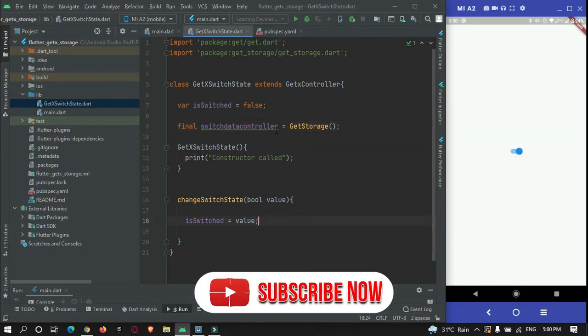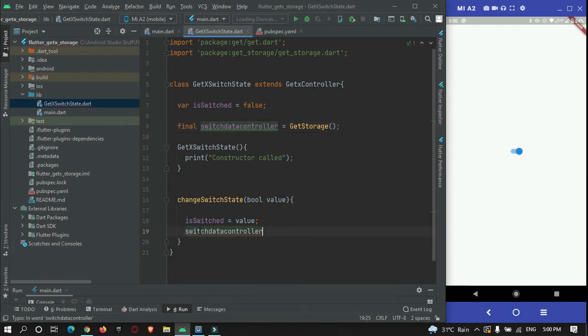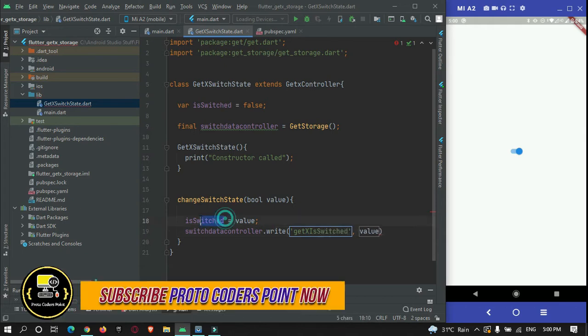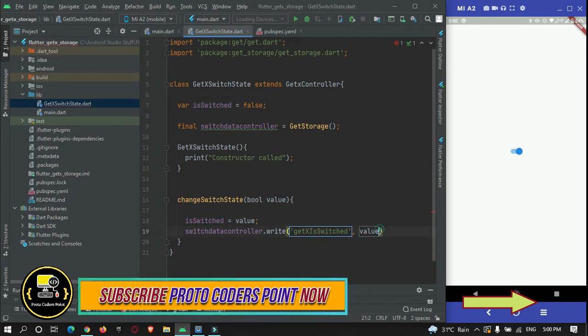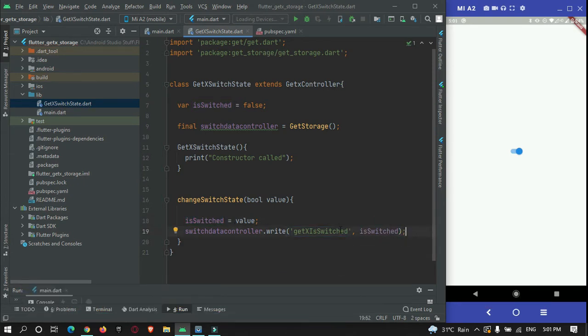For that we will use this GetStorage instance dot write. There is a key we need to store here, getx_isSwitched, and the value will come from this variable. So in this key we are storing either true or false.